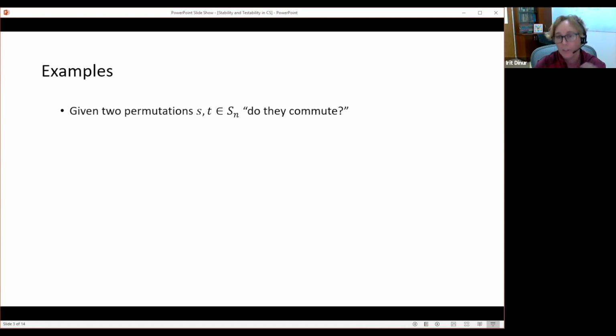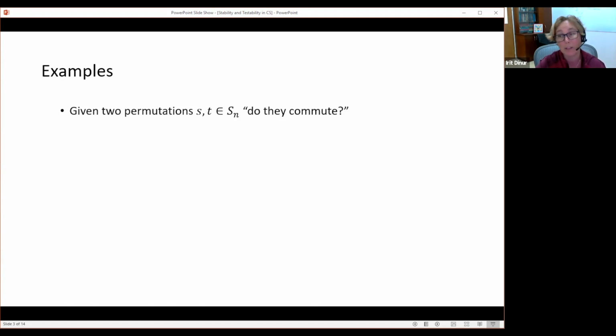So of course you can go through all the possibilities and see if they commute. But a more property testing like thing would be to just select a random element from 1 to n, some index i, and to run t on i and then s on t of i, and to do it the other way around, s on i and then t of s of i, and to see if you got to the same place, right? And the papers in this line of work of stability actually show that if this test succeeds, so if reading these 4 points led you to conclude that it's possible that these two things commute, and if this happens with high probability,